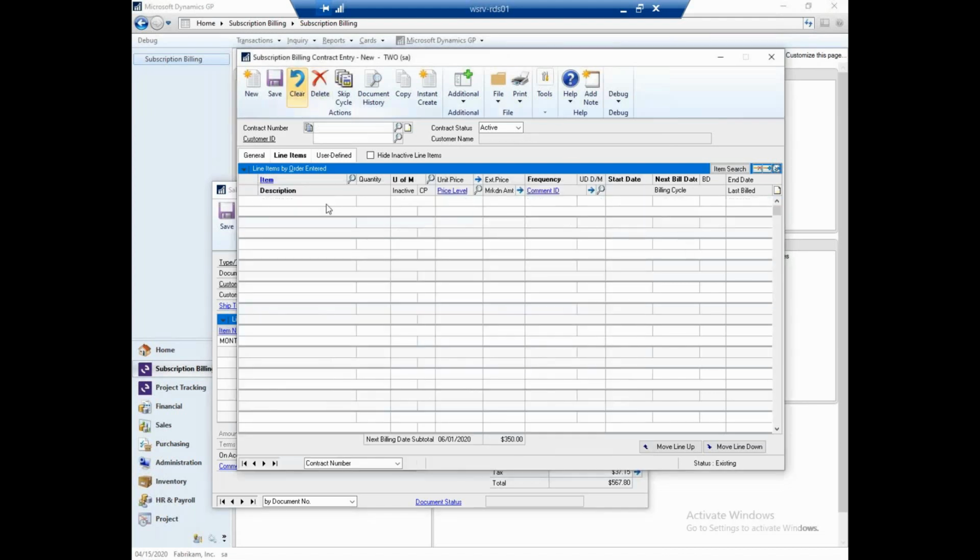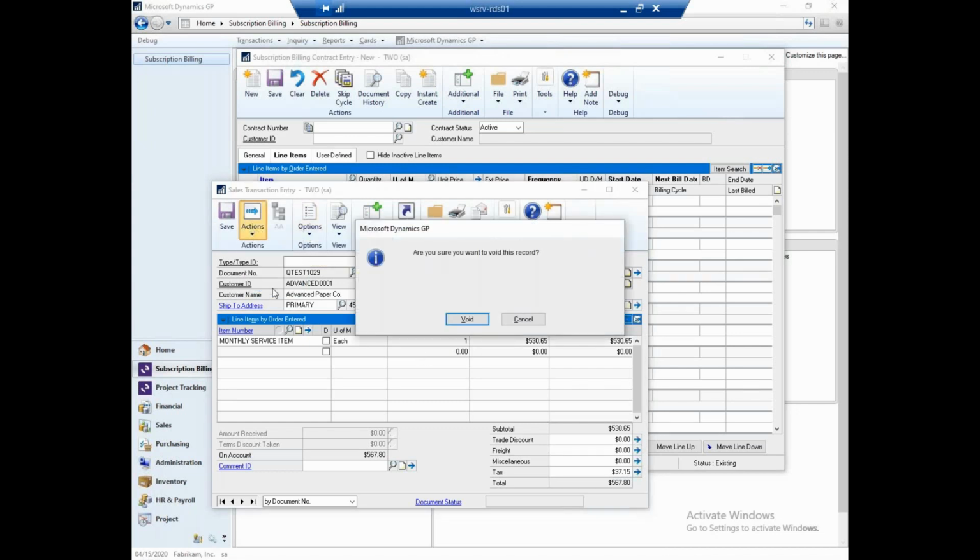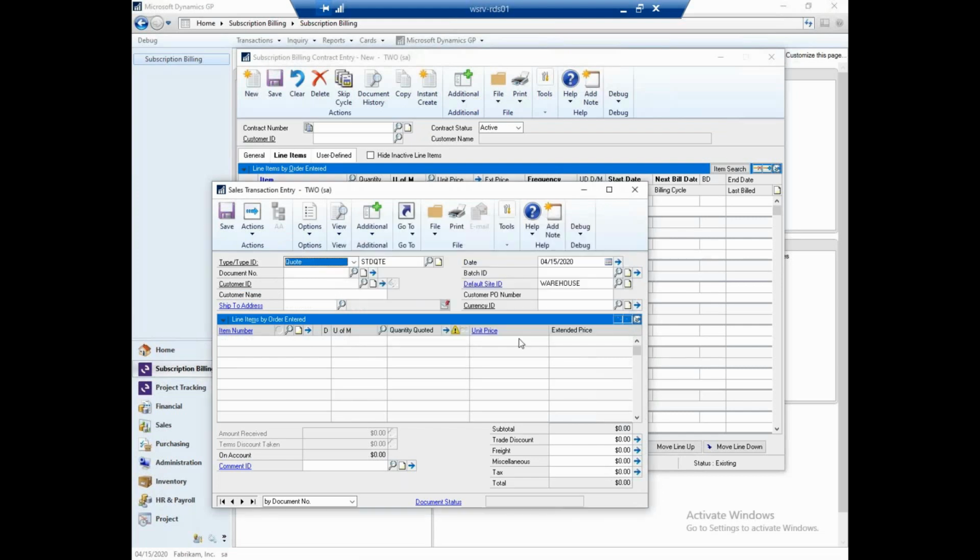And I'm going to clear that. So we have in subscription billing a rollback feature. So if this transaction has been created and I discover that there has been an error, I can just simply void this transaction and it will put everything back to subscription billing. So I have it turned on to ask me. You can turn that off, and it'll just roll it back. So if I roll that back,